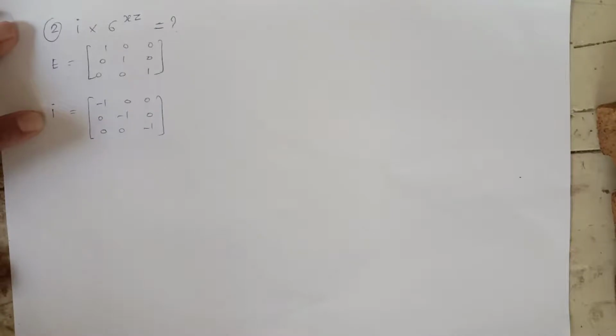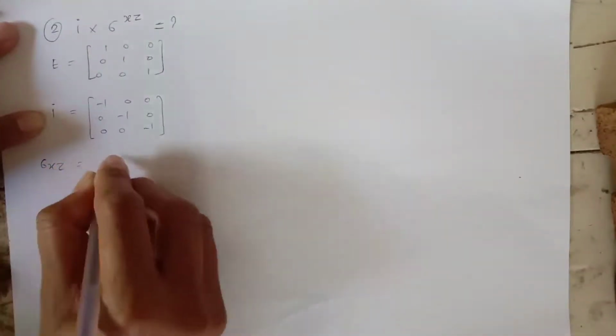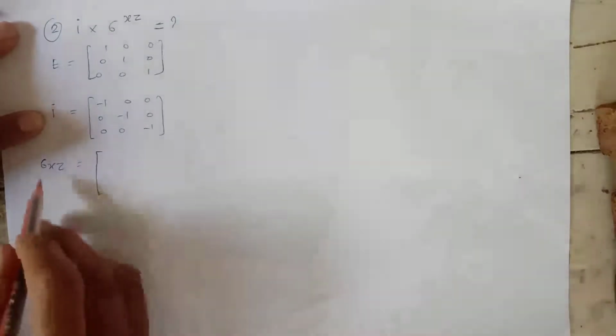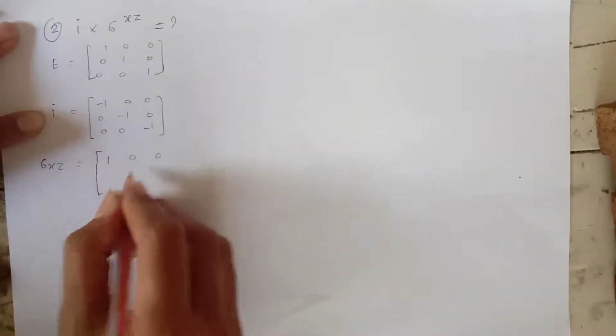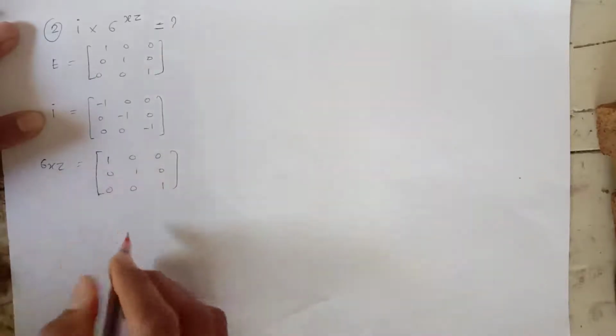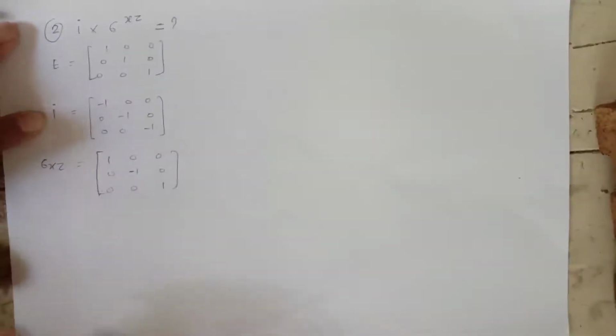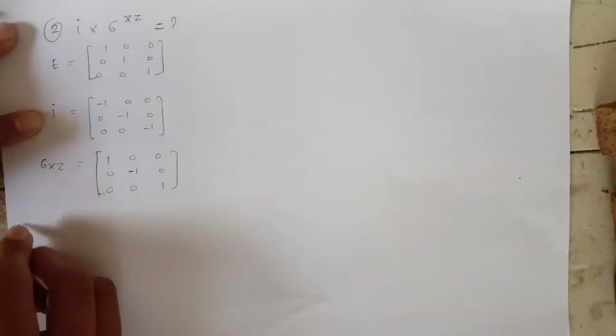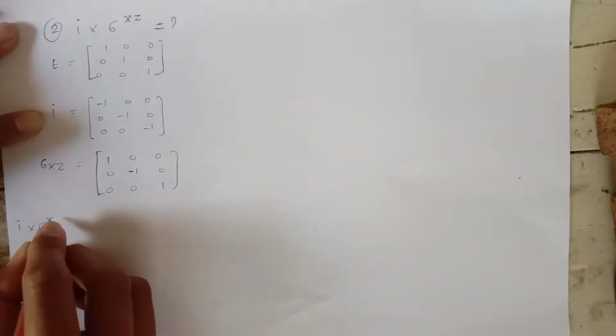Then when you perform the sigma xz, what does sigma xz mean? You have to give the negative sign to the y. First you have to write the matrix 1 0 0 0 1 0 0 0 1. Okay, x and z are there, and you have to consider the y, and take the negative sign here.